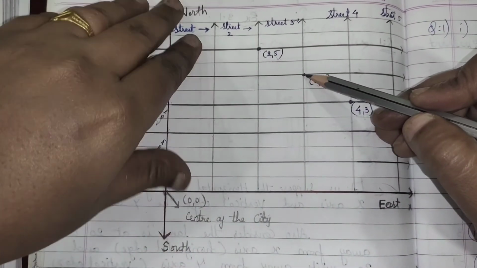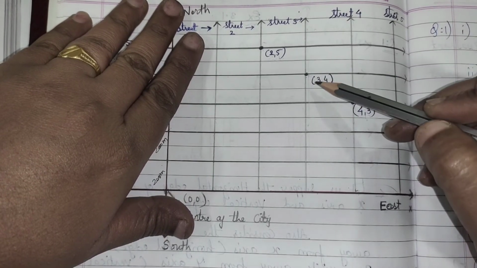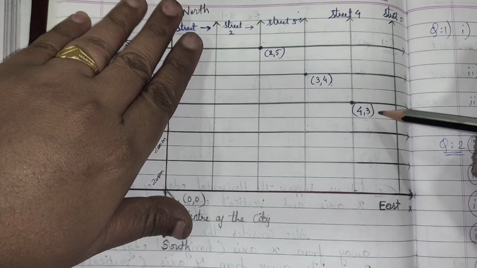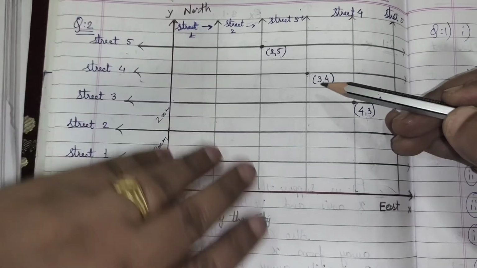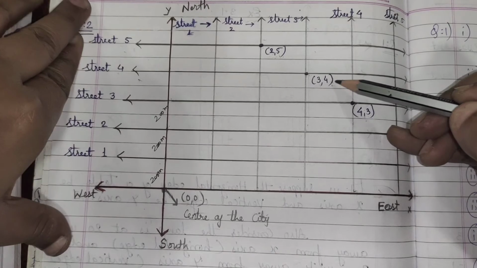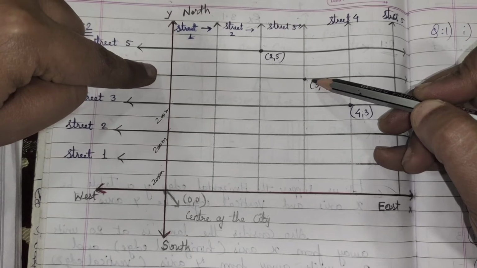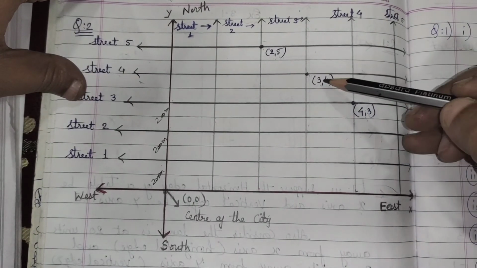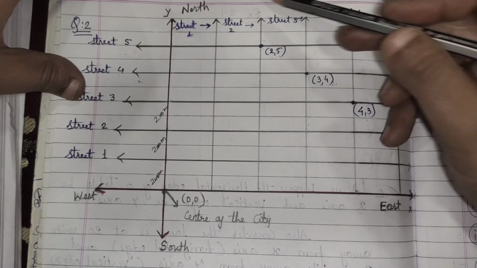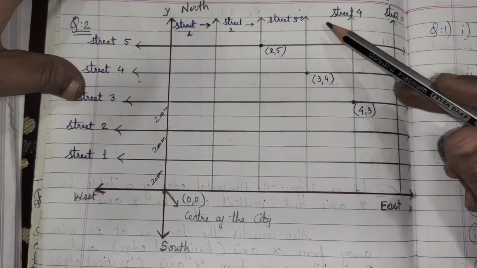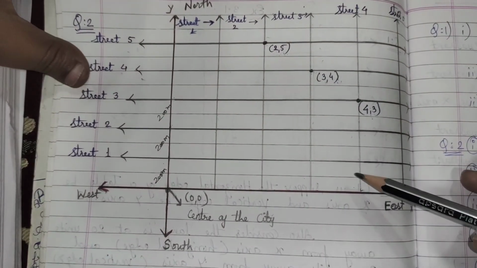Now in the question it's asked how many cross streets can be referred to as 2, 5 and 3, 4 and 4, 3. So how many cross streets will be there? Of course only one, because, for example, if we take 3 and 4, the 3rd street of north-south and the 4th street of east-west meet only once in this entire combination. This 3, 4 will never lie anywhere else in this Cartesian plane.